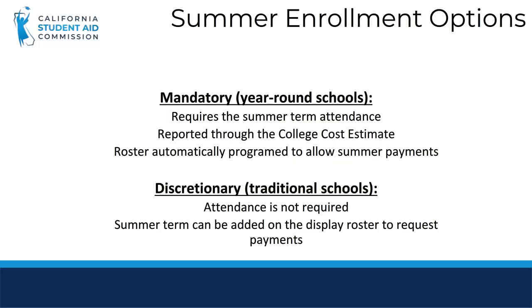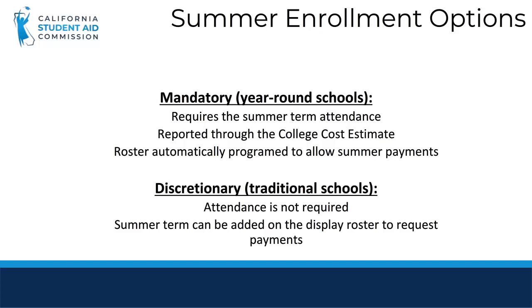There are two types of summer enrollment options, mandatory and discretionary. Mandatory summer enrollment is traditionally associated with year-round schools. This is due to their structure in which attendance for summer term is required as part of their degree program. Schools communicate this using the college cost estimate that each school is required to submit each year. In doing so, the Commission can pre-program the school's roster to automatically populate the summer term option for every student